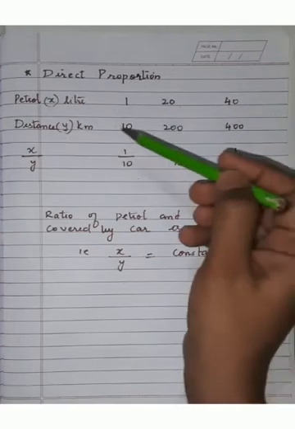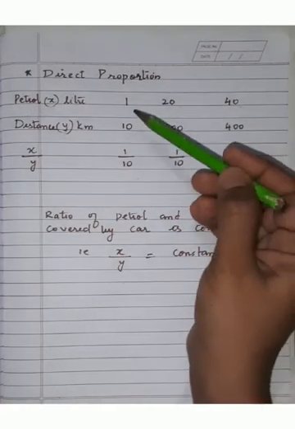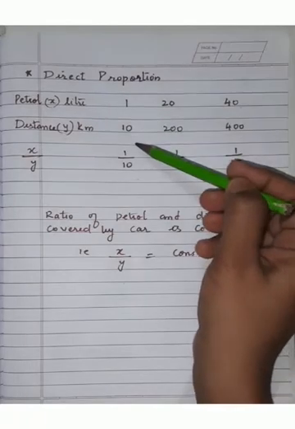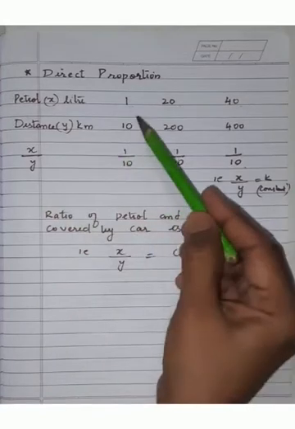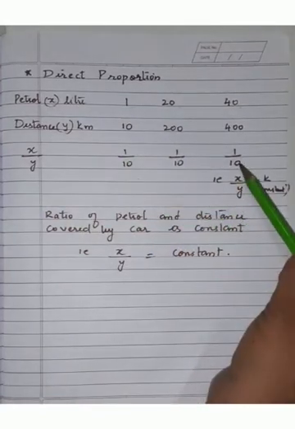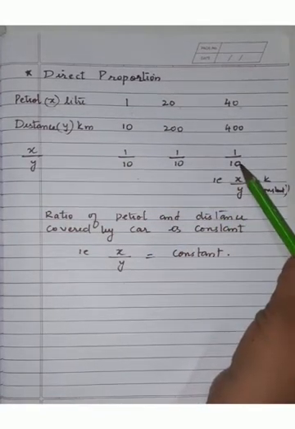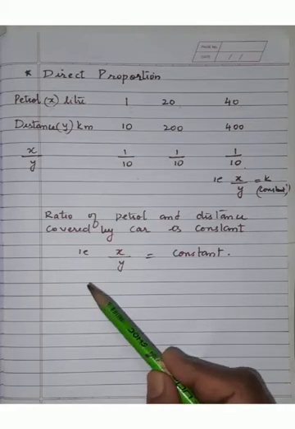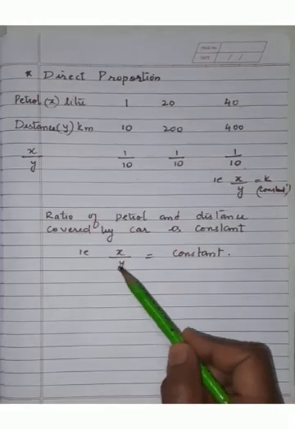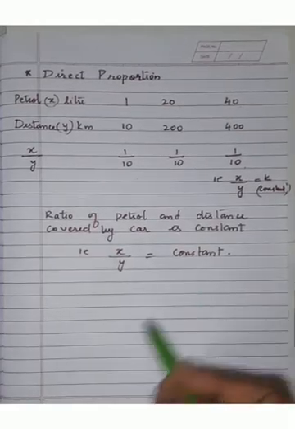So you can see that children, in each case, if one quantity increases, the other quantity also increases. Not only this, you can see that the ratio of one quantity to the other quantity in all three cases remains the same. So that means it is an example of direct proportion. In direct proportion, children, if one quantity increases, the other quantity will also increase, and vice versa. And a very important thing is, in case of direct proportion, the ratio of one quantity to the other quantity is always constant.